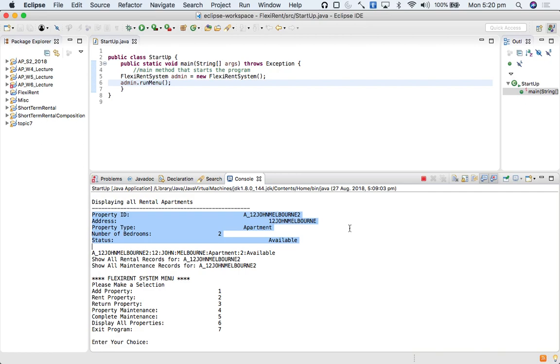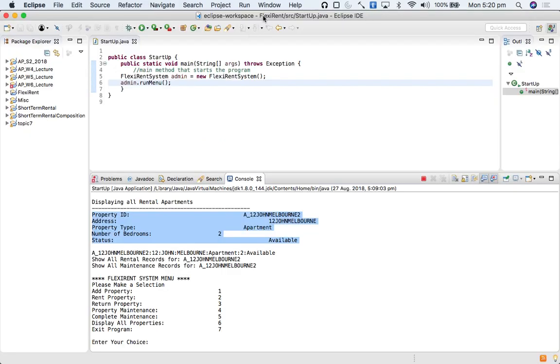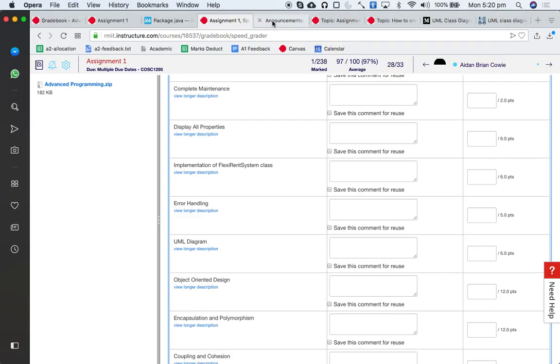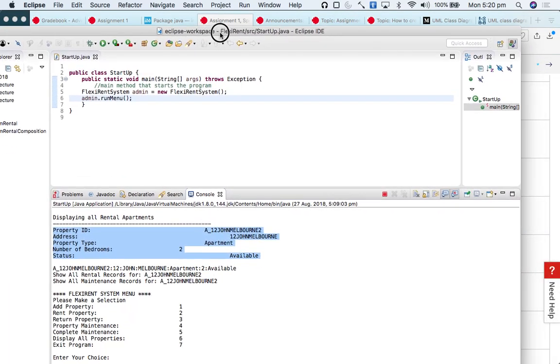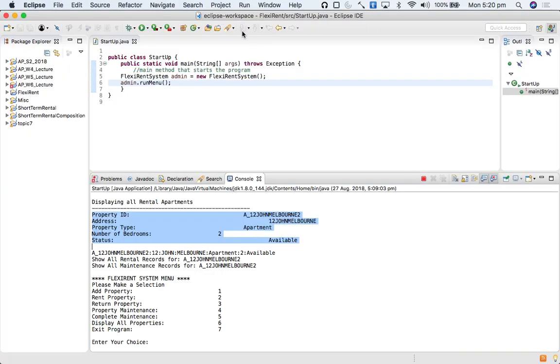So in terms of marks, if someone's missing, if they're not aligning, you've got, sorry, if you go back to the rubric there, display of properties, you've got 6 marks. So if they've got it but the format's terrible, you say deduct 2 marks, right? If they're not displaying rental records, then what? We give them 2 out of 6, deduct 4 marks, or